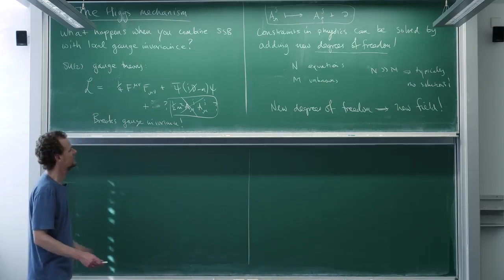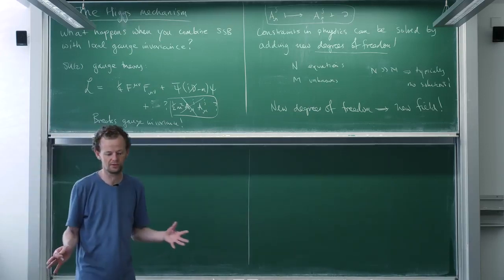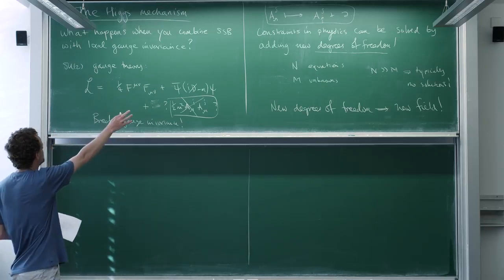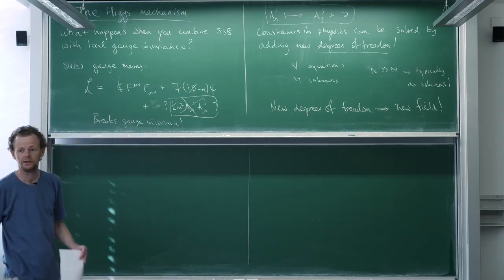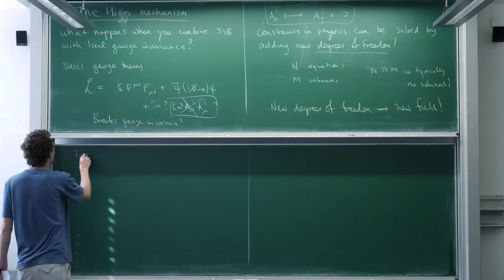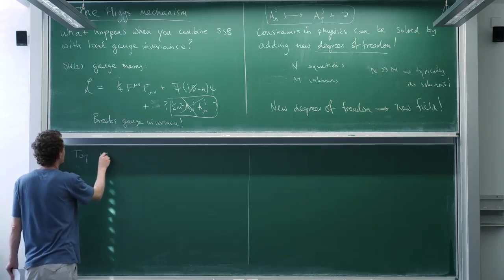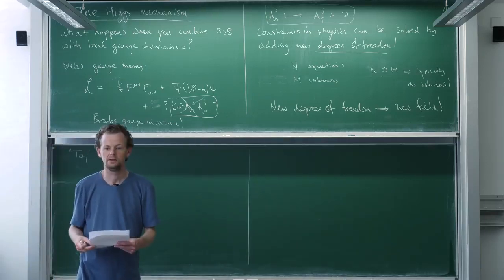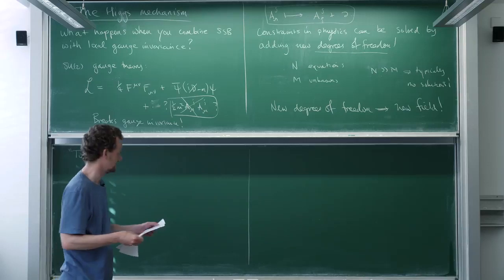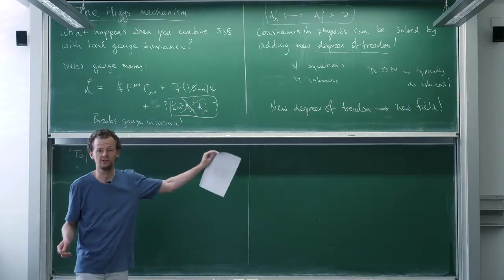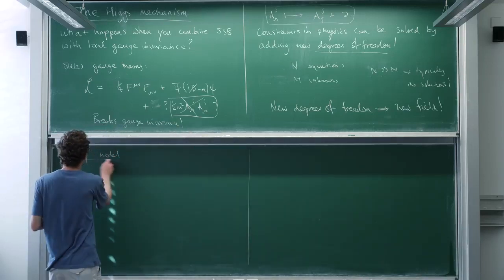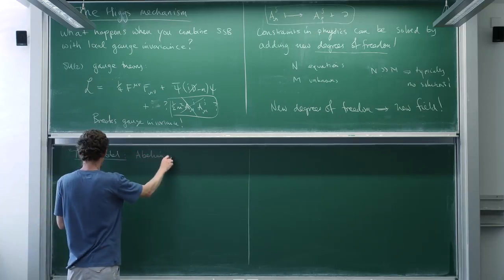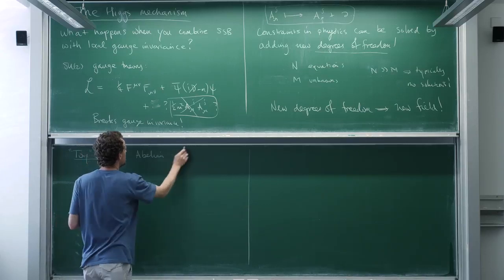All right, so what we're going to do, like before, is go through a toy model to get a feeling for what happens when you combine spontaneous symmetry breaking with local gauge invariance. And then we'll take a look at a much more serious example in the sequel. This is called the Higgs mechanism, what I'm going to describe to you today. And the toy model, well, it's not that toy, it's a pretty serious model, is the abelian case.